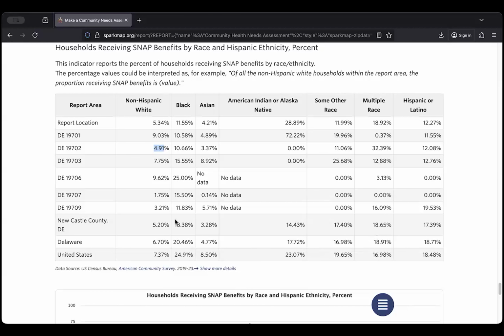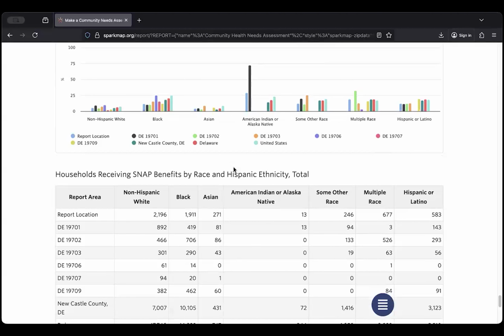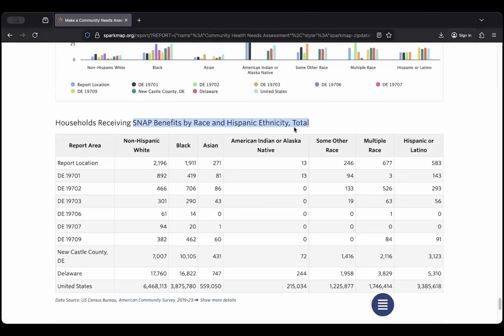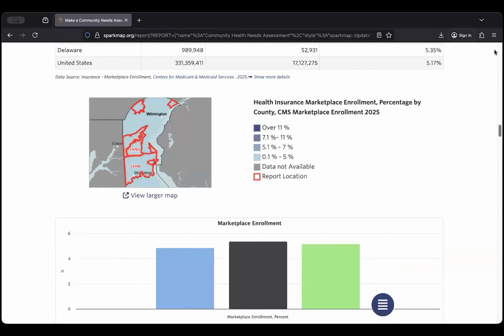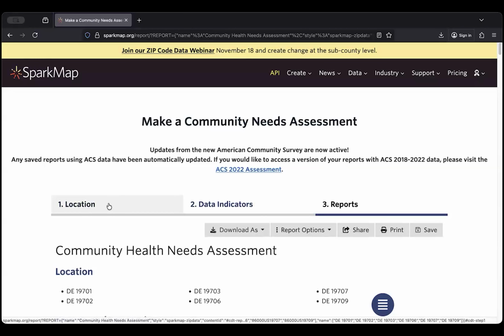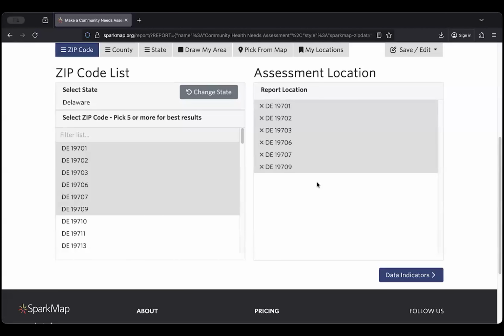And within some of our other populations as well. So just a nice little overview that can help you dive a little bit deeper into the specific race or age or gender groups that you might be interested in. So that is the second way that you can go about using the community needs assessment to access that zip